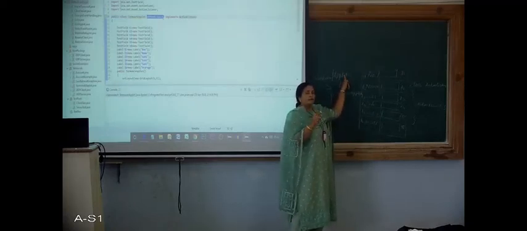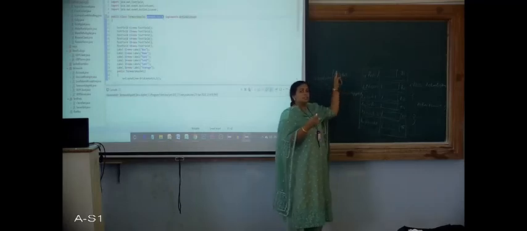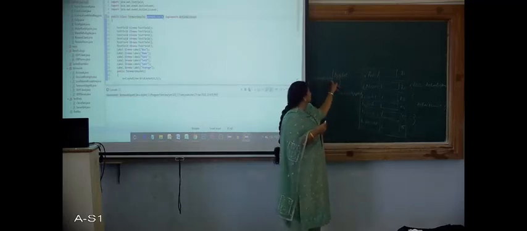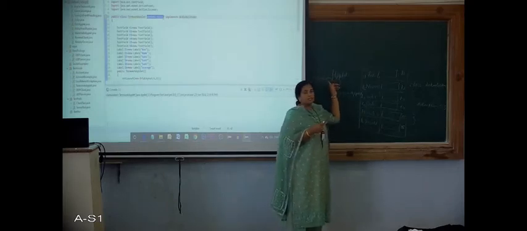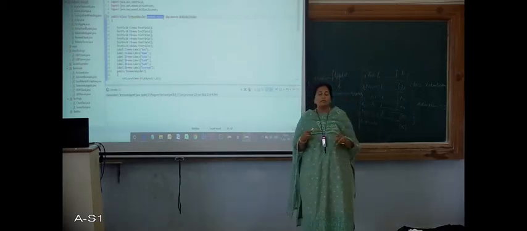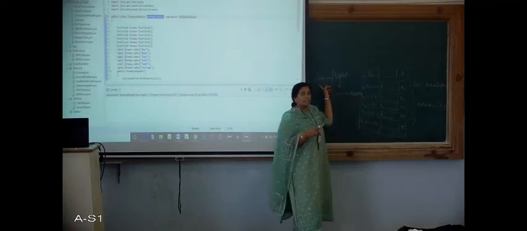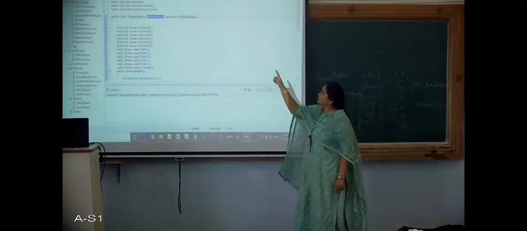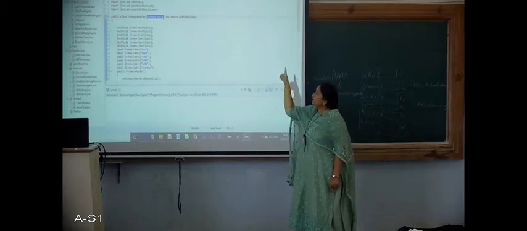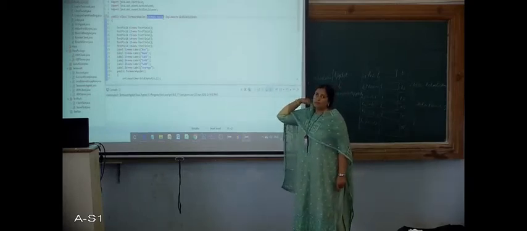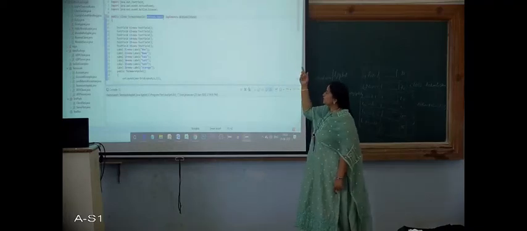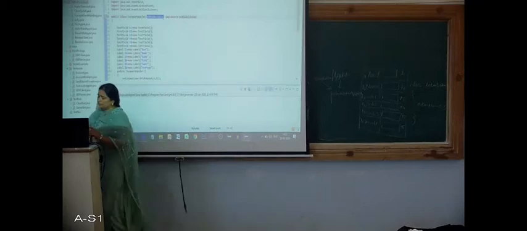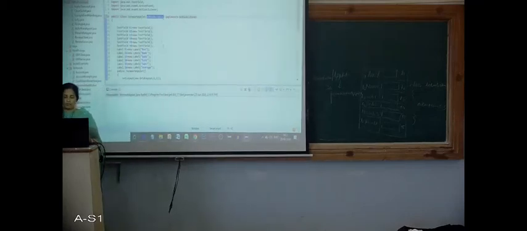And whenever you want to inherit the features from an interface, we have to implement it. So ActionListener is an interface, so we need to implement that. So we have used the keyword implements ActionListener. Once you do this, you have to write the method definition for actionPerformed.